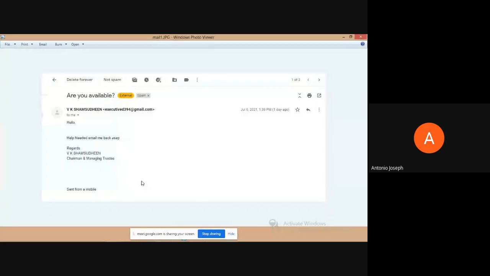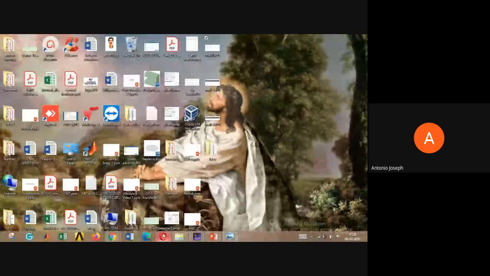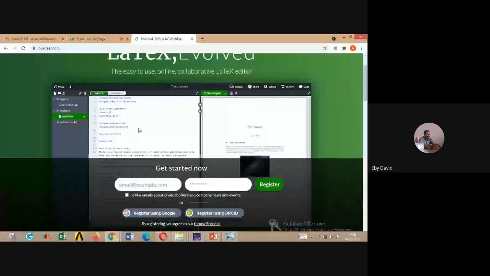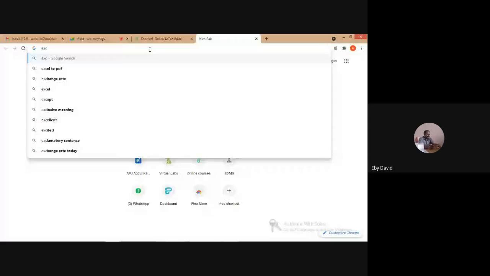Since I am in contact with him, I know his mail ID personally. So when I checked the mail, it was different. Then only I knew that it was a phishing mail, and I just did a Google search on this Executive 394. The same incident was reported at one more institute. They had provided it on their website. Oh, so someone else would also have got the same mail ID, right?